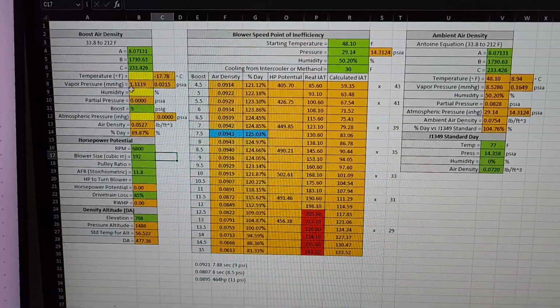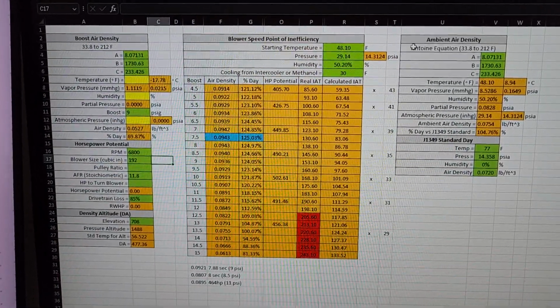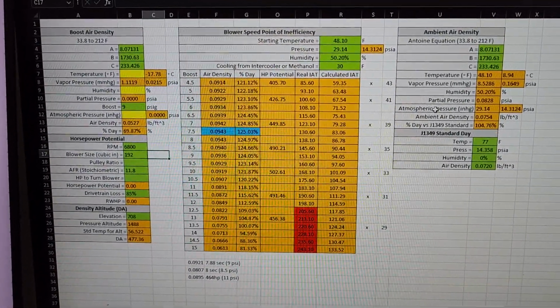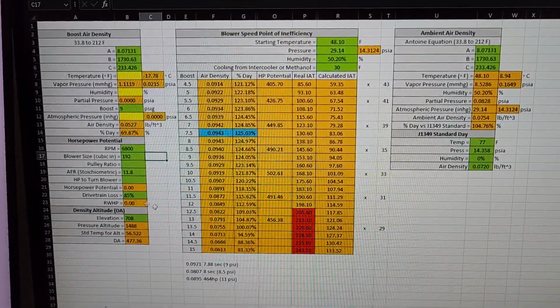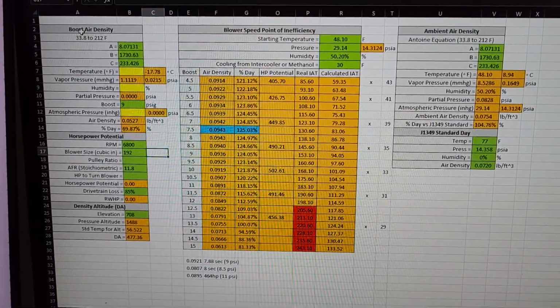So on the left-hand side, I've got this categorized: boost air density, ambient air density. Okay. And I'm going to go through how to make this spreadsheet real quick, and then we'll talk about the significance of everything on the spreadsheet. So starting with boost air density,